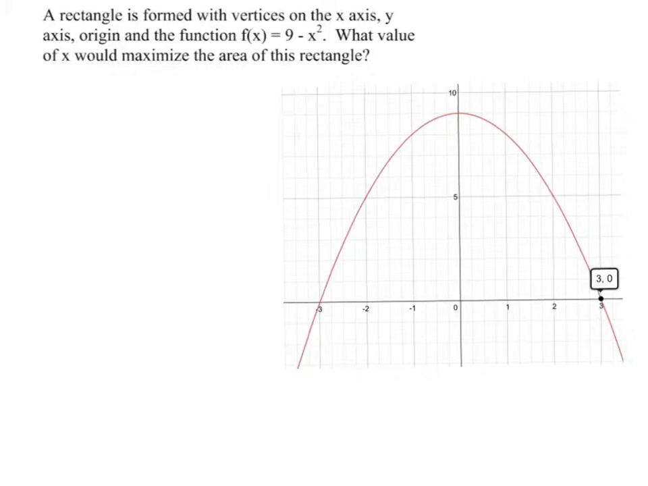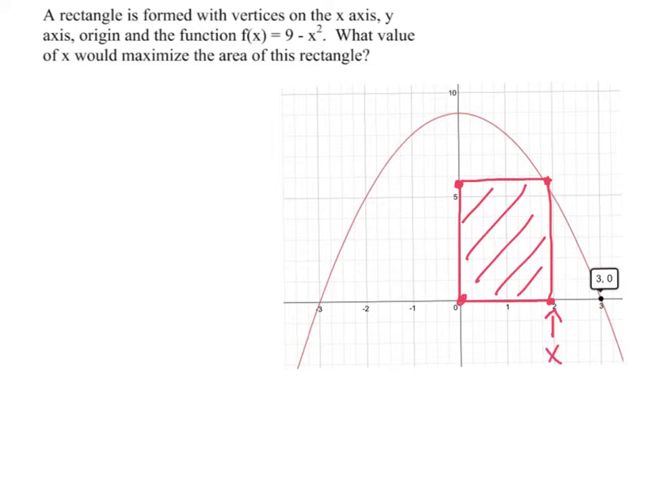So what we're saying here is that we're going to put a point on each axis and on the origin and on the function, and out of this we're going to make a rectangle. Okay, so we want to find what x should be, where should we put x to give us the largest